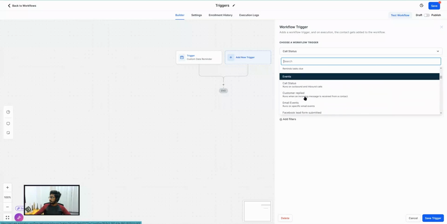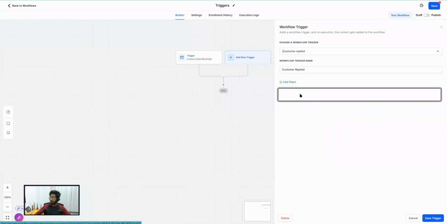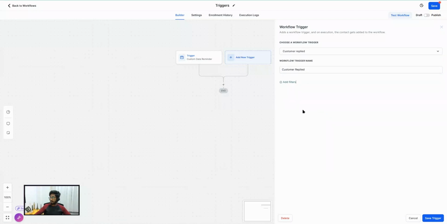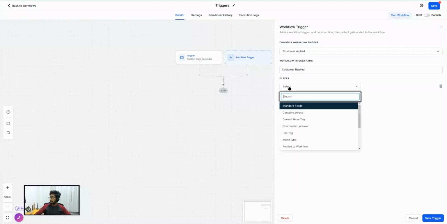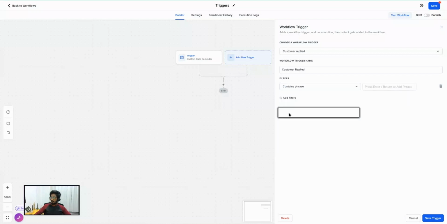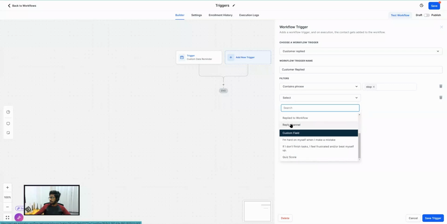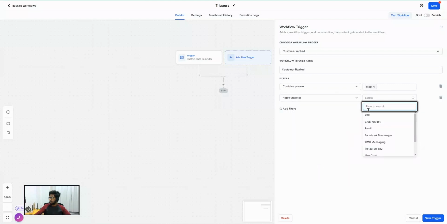Let's go to the next one. The next one is customer replied. This means whenever a customer sends you any email or SMS or replies on the chat widget. Let's look into the filters. And then you can also specify based on the reply. This would be a good example: if the customer replies stop. And then here you can specify the channel as well. The channels mean the communication channel: the chat widget, email, Facebook Messenger, GMB, Instagram, live chat,